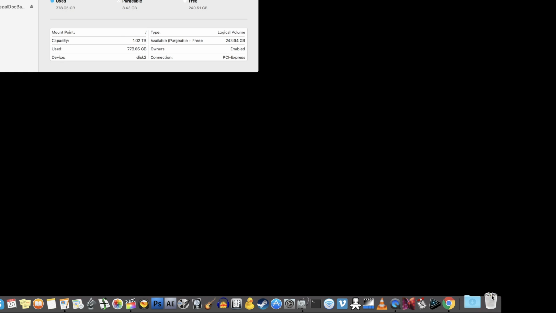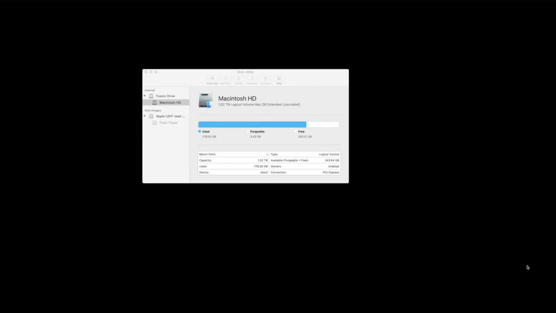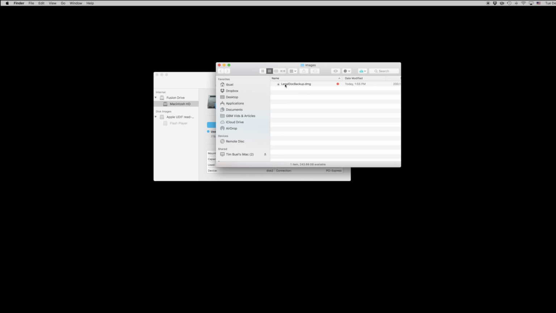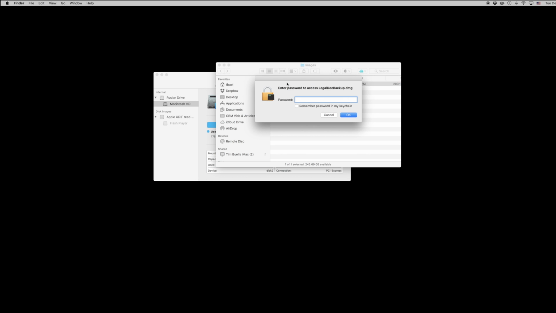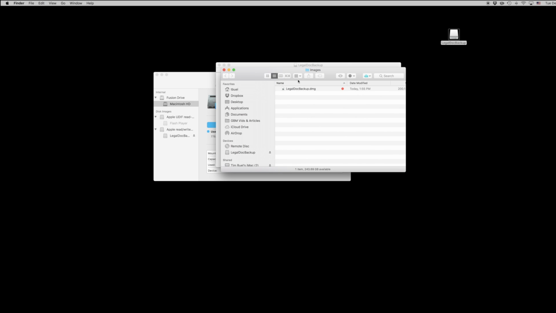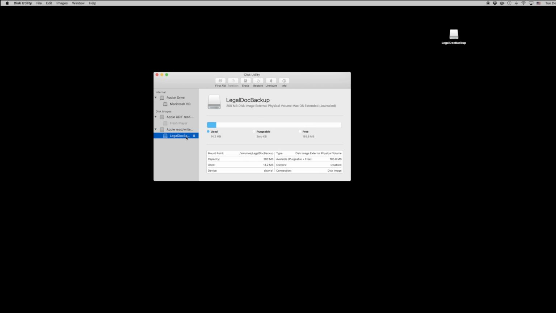Think of this as spinning the safe dial and securing it locked at this point, because if you need to open the DMG file again, you're going to have to double click from the Finder wherever you've stored it and then authenticate with the password that you designated during the setup in Disk Utility. Again, it's recommended to use a different password than your login or admin password just to keep things completely secure on this end. This is an excellent way to create a document backup for things like legal files or very